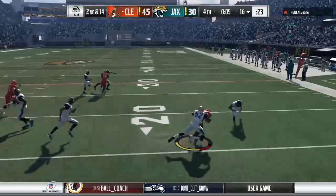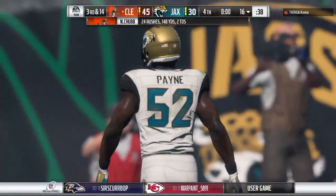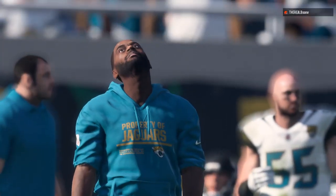Now they try the right side here. And for one of the few times here today, this run's not going to go anywhere. Charles, you think back to some of the great...